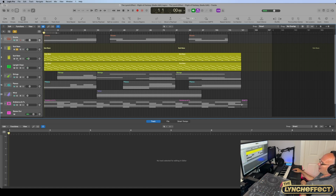So that's them together, and if we just solo the bottom bit, and then if we solo the top layer, that's got a bit more of a rumble. The reason you have 2 layers is it thickens the sound and enables you to create the sound you want more. So if I put them both together again,